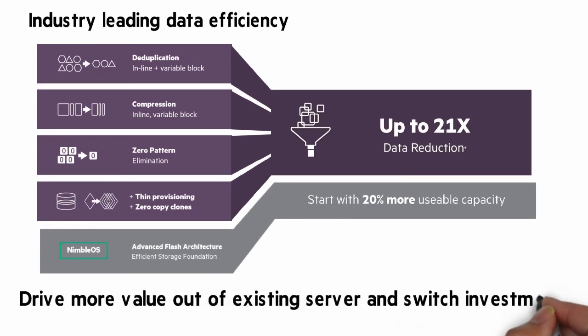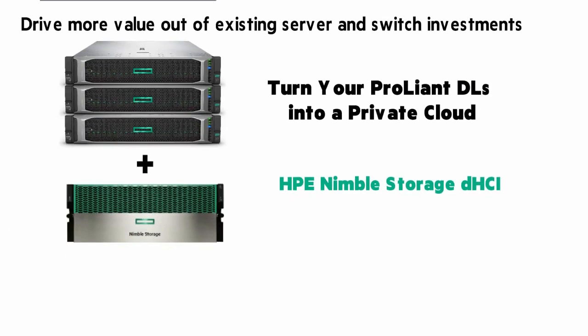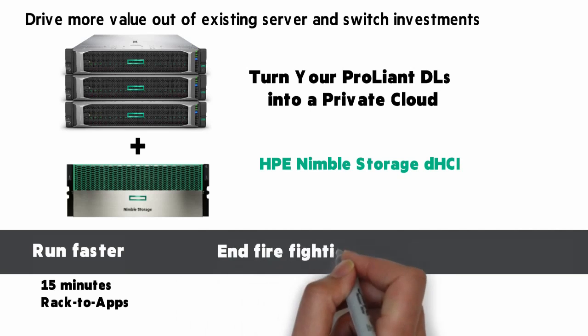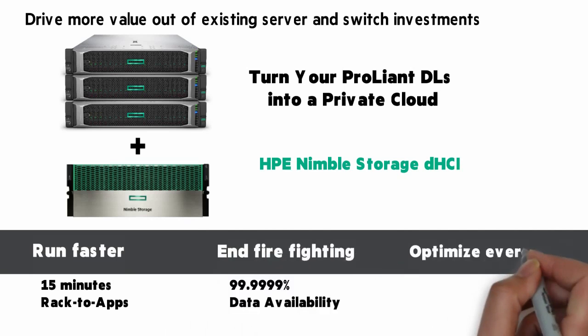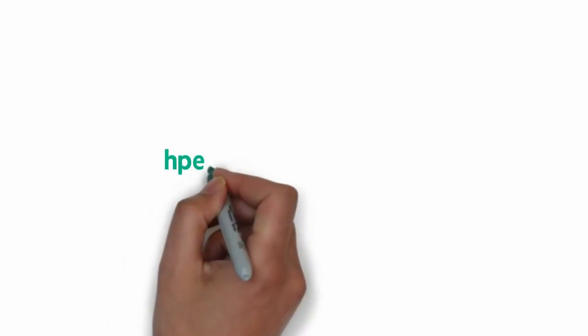Turn your ProLiant DLs into private cloud with HPE Nimble Storage dHCI. Run faster with 15 minutes rack to apps, end firefighting with 6 nines data availability, and optimize everything with zero wasted resources. To learn more, go to